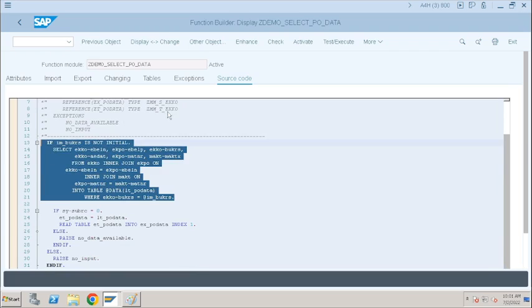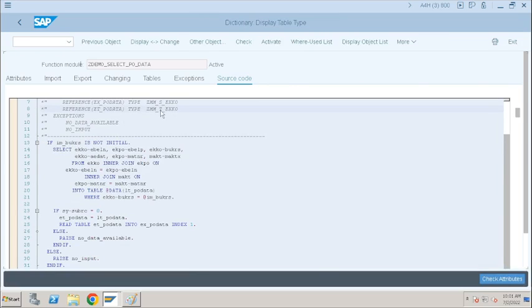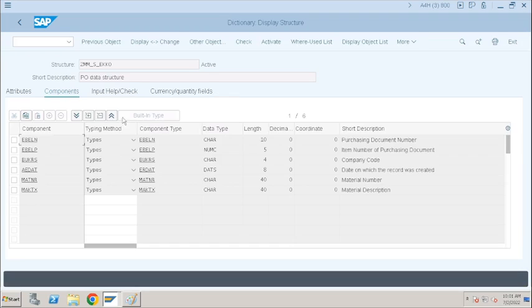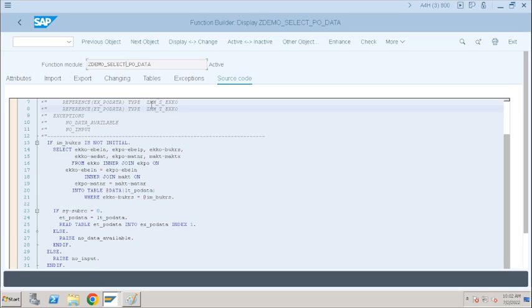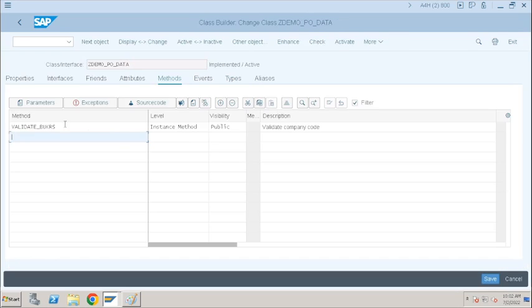For that we have already created a structure with the required fields, and for the structure we created a table type to define it as an internal table like structure, and an exporting parameter, because we are returning multiple records, right? So implement